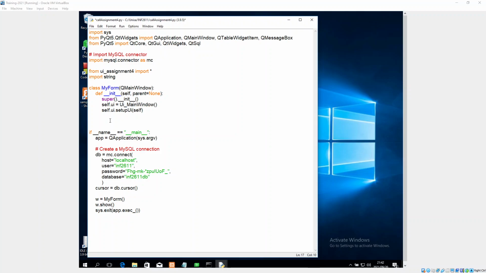So what I did was I added a self.ui over here, self.ui MDI area, because we're calling an MDI area, and I said add sub window, and we've got to call it by its name,